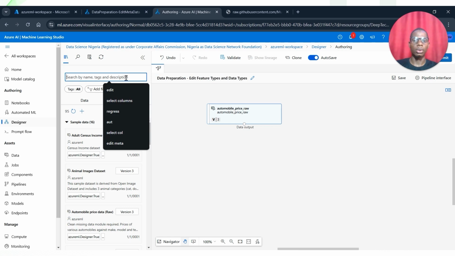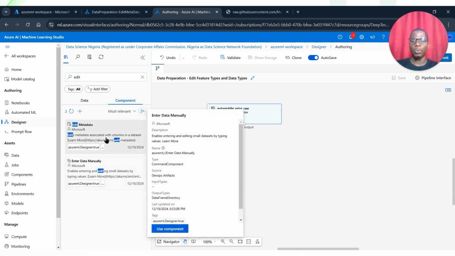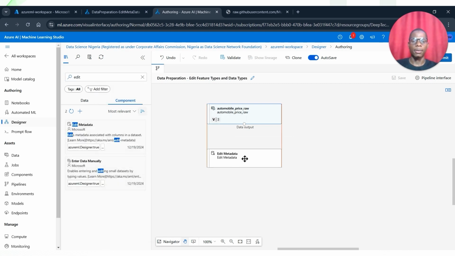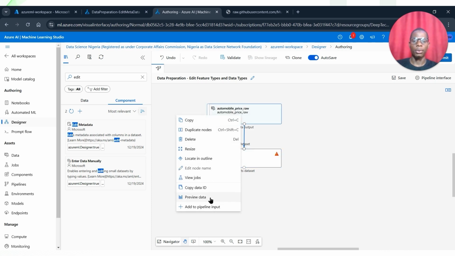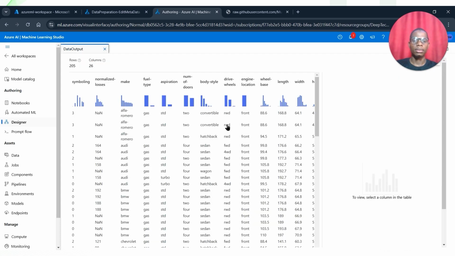Next, we're going to still use the same component, edit metadata. So we're going to search for edit, and we pick edit metadata. I'm going to connect this to, and I'm going to preview my data set. So this is my data set,